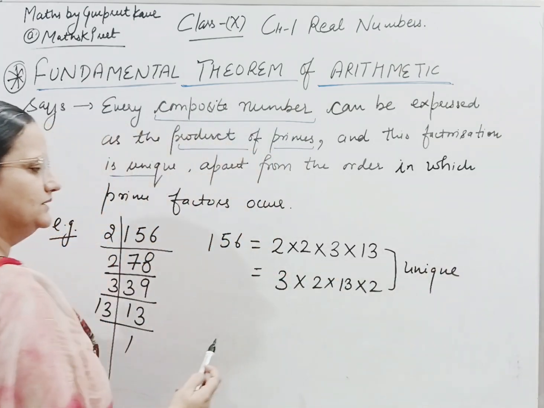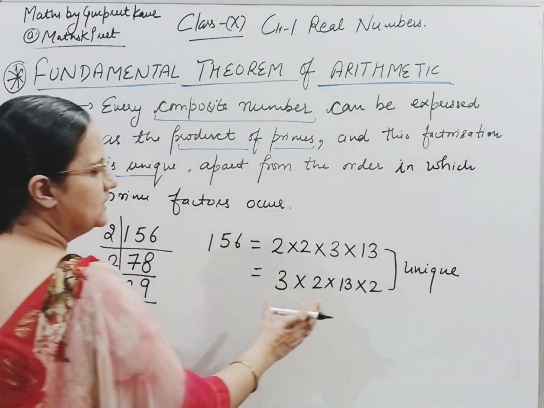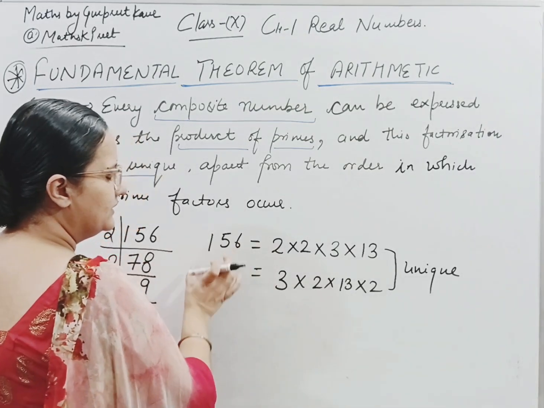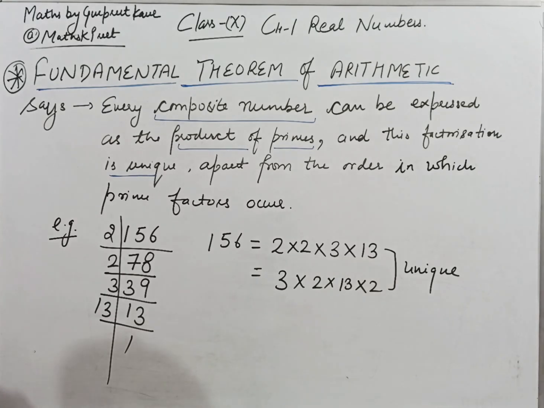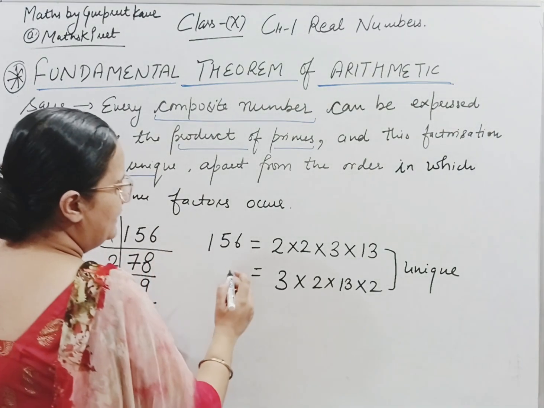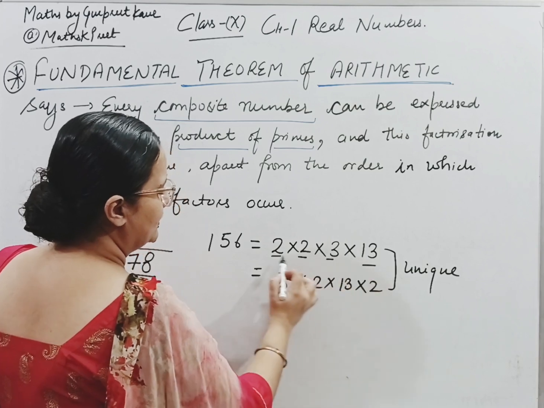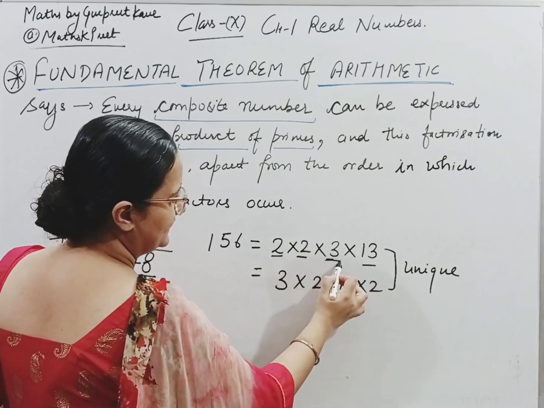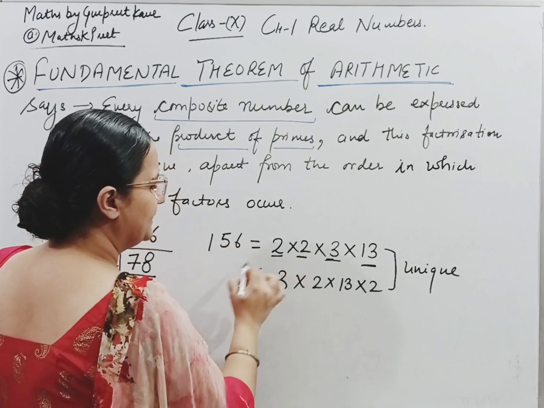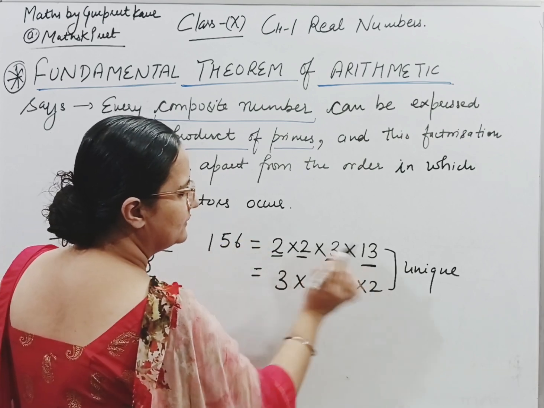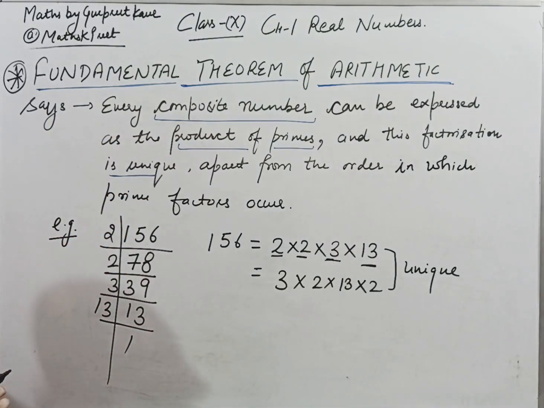By changing the order, the factors will not change, or the representation of 156 will not get affected. Fine. This is the meaning of this uniqueness. So in this order, these factors are in ascending order. 2 is the smallest prime number, then we are getting 3, then 13. If we express the factorization in ascending order of the primes, we will get the unique representation for the factorization